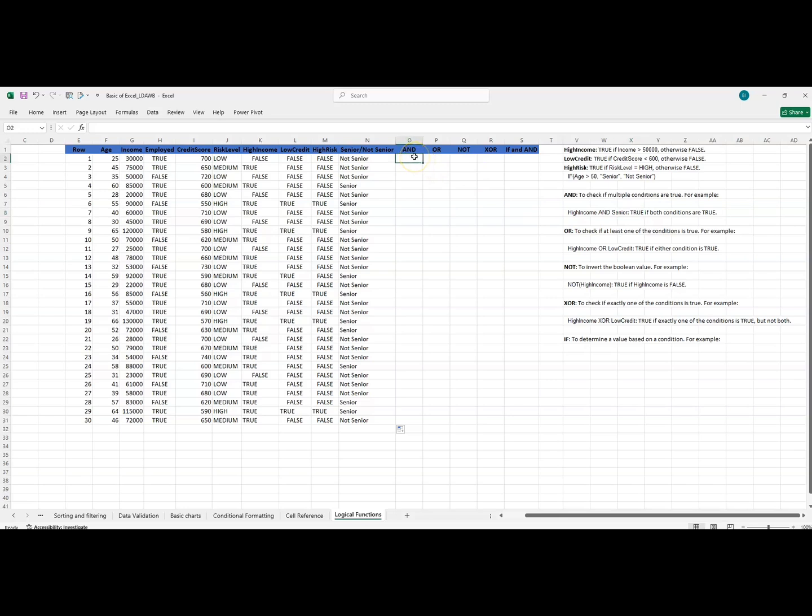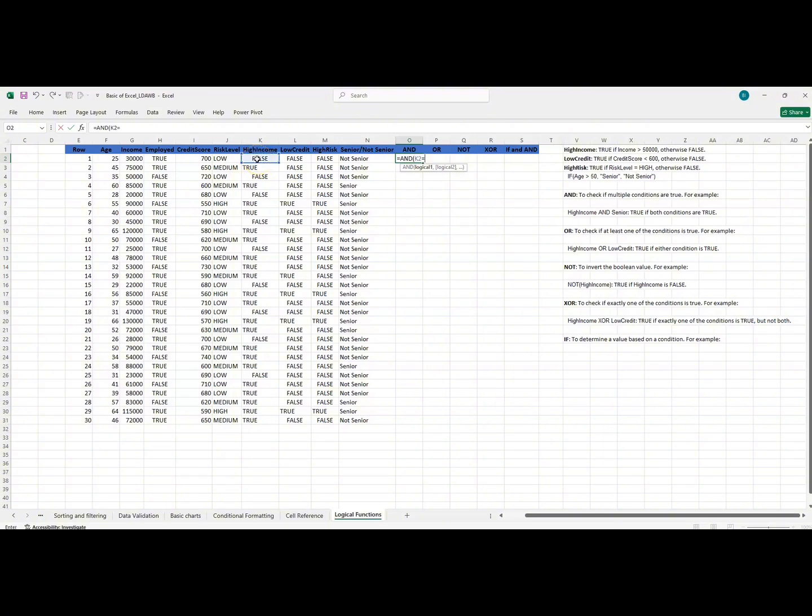So one thing you should note about the AND function, it will not ask you to specify what should be shown if the value is true or if the value is false, like in the if function. So all you have to do is just type in your conditions, then it will return true if those conditions are met. I'm saying equal to and, then the first argument here is the logical one, that is your criteria one. The first criteria is that the person must have or earn high income. So I'll just come here, select the first cell in the high income column,